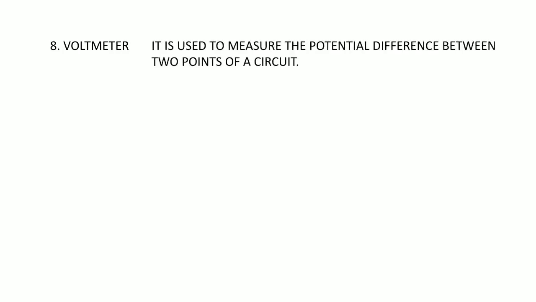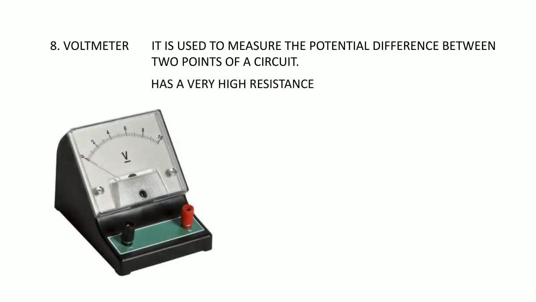Next we have a voltmeter. As the name says, a voltmeter is used to measure the potential difference between 2 points of a circuit. And the resistance inside a voltmeter must be very high. So this is the picture of a voltmeter. It is connected again,